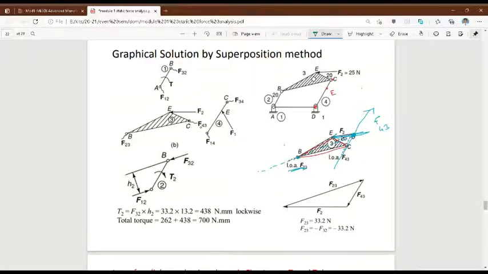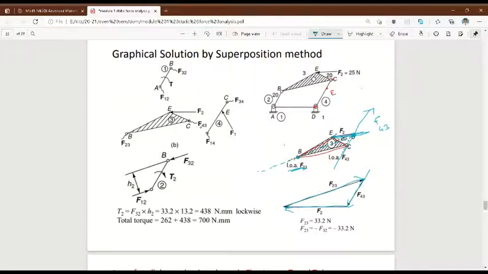Now draw F2 again. It has been drawn. Now draw F43. We can draw F43 at this place. Also we can draw F43 at this place. If you draw it here, we can draw F23 here and the diagram will be complete. Suppose if you draw F43 at the other place, we cannot draw F23 here and the diagram will be incomplete. So draw F43 here.